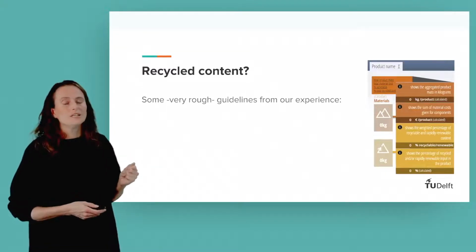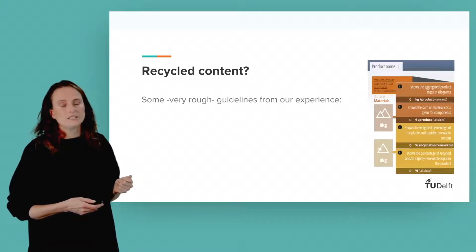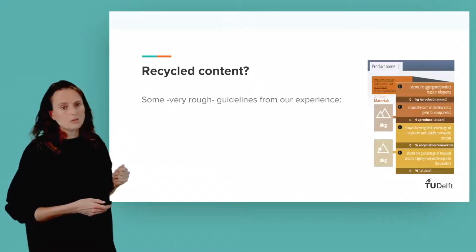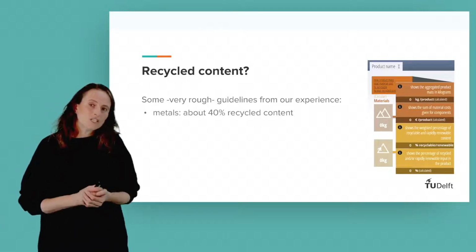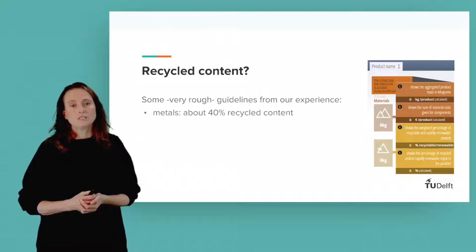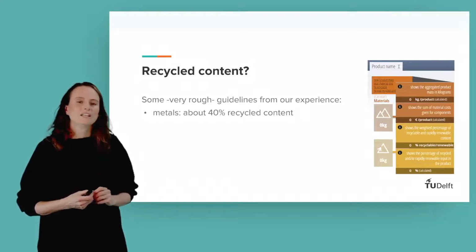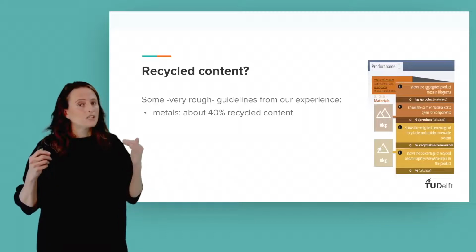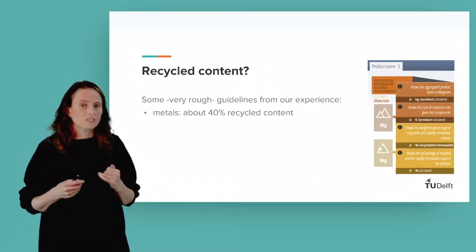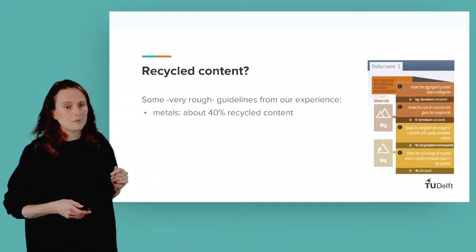It's not for free, but if you want to know quite frequently different material data, that is a database you could acquire. But in general, you could say metals already contain about 40% recycled content because there's a business case in that. However, I think it was Fieke that commented that some extrusion profiles of aluminum, for instance, contain only 12% recycled content. So this is a rough guideline, and preferably you ask your supplier.